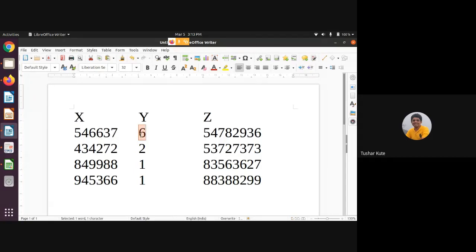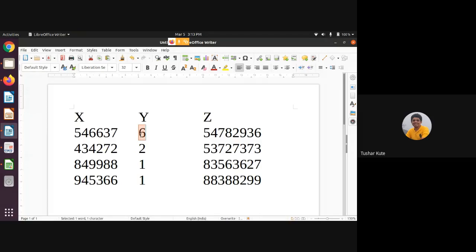The values lie from 1 to 6. The minimum value is 1, the maximum value is 6. And for x, a high impact will be there because its magnitude is higher. It means that if you use y or you don't use y, z will not change much.